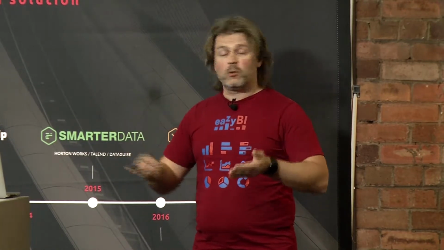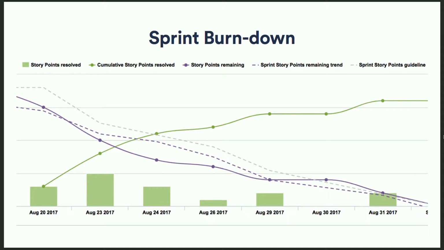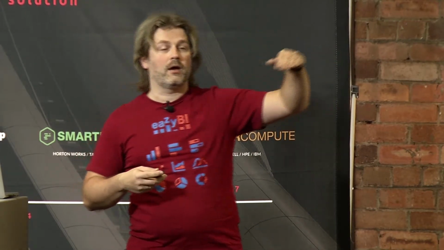So the first one is starting with some sprint burn down and burn up charts, where you can see by days how many issues, how many story points were resolved on each day, what was the cumulative burn up line, how many story points were resolved during that sprint, what was the story points remaining burn down line, as well as EasyBI can calculate what is the trend, how these story points are burned down during the sprint, and whether it looks that you will hit the target or you will not hit the target to resolve all planned committed story